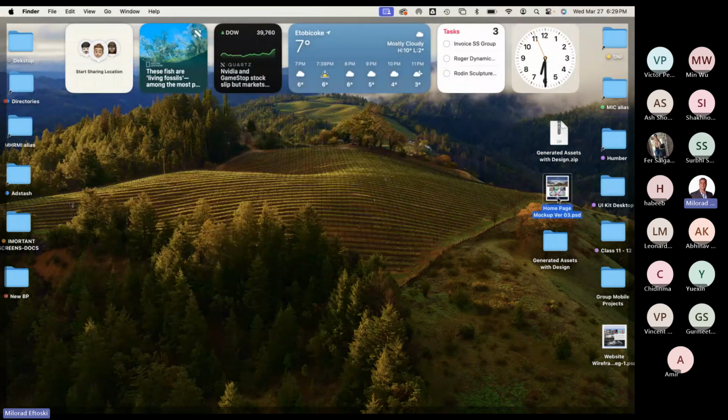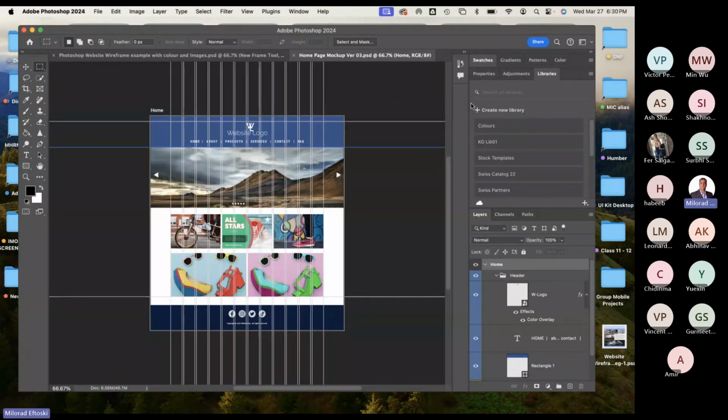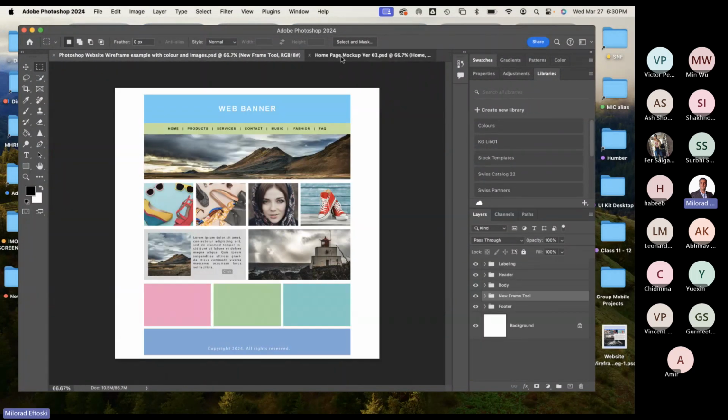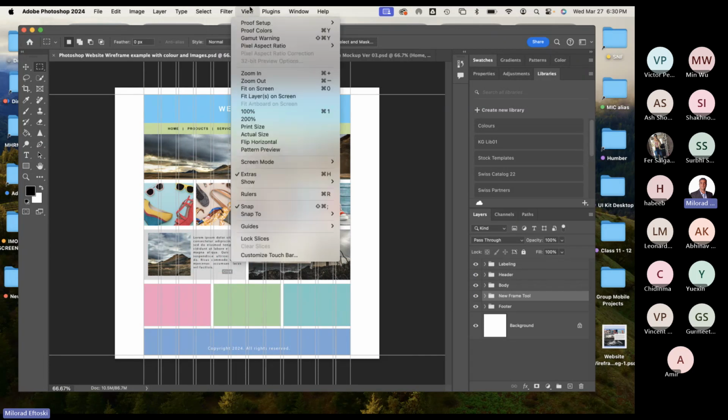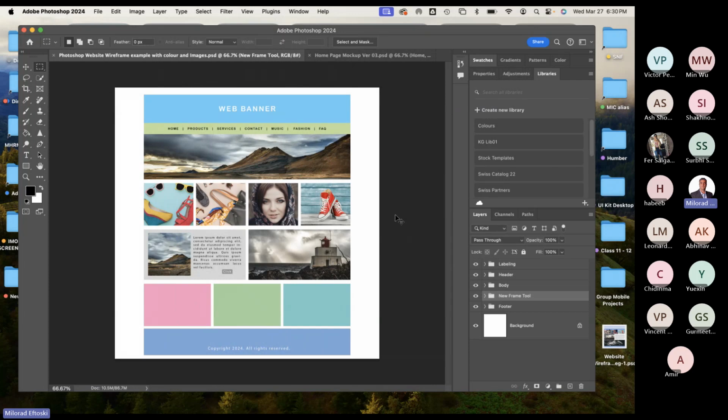let's just look at this file here. If I open it up, it's going to open Photoshop. All right, this is what we did last week. The reason why I'm looking at these columns here is because I have to activate my guides. I did that with a keyboard shortcut, which I think you should learn by now if you haven't. It's under Show Guides, Command, semicolon. Semicolon is a good way to bring up the guides like this,